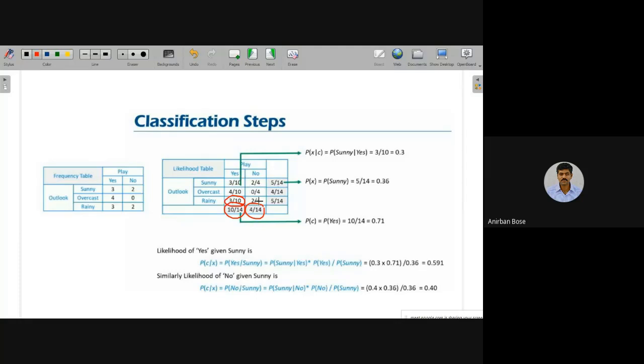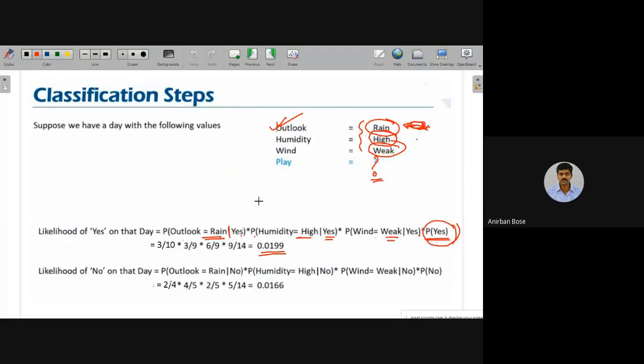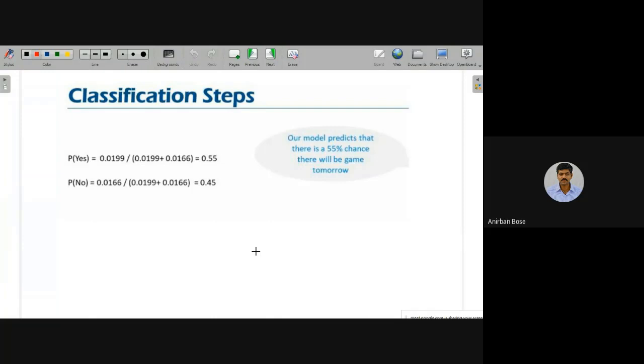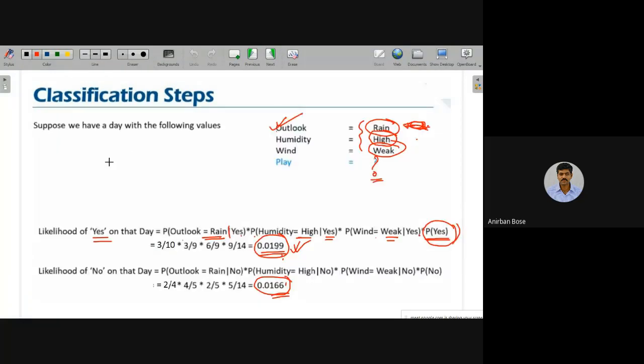So if you make this kind of table, that will also help instead of the histogram, and you can calculate these two values corresponding to yes and no. Based on these two you can take a decision whether the play will be yes or no. You can see that this value is larger than this one, so definitely the answer will be yes in this case. This is the way we can solve. You can also express the exact probability as probability of yes divided by probability of yes plus no, but it will not change the comparison. This will be the same.